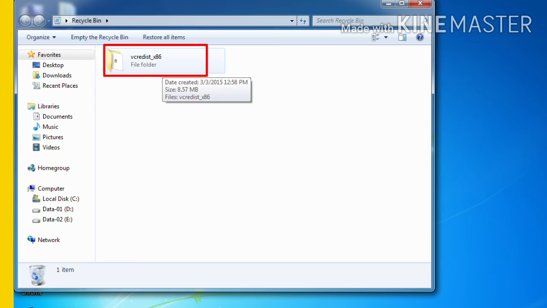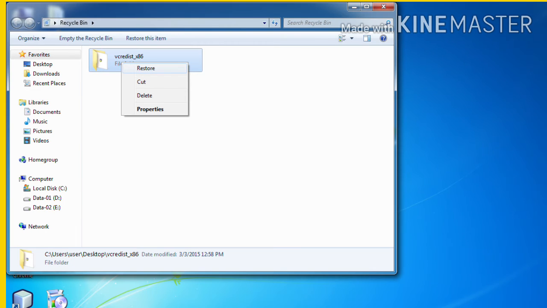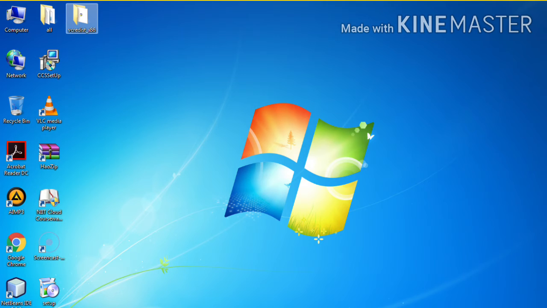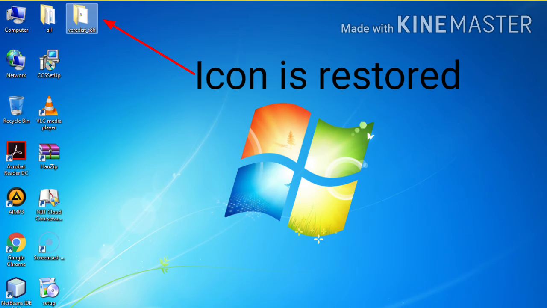Just right click on it, and different options will come. From that select the restore option. Click on it. When you click on the restore option, the selected file will come back to its previous position, just like this. See? My deleted icon is restored.